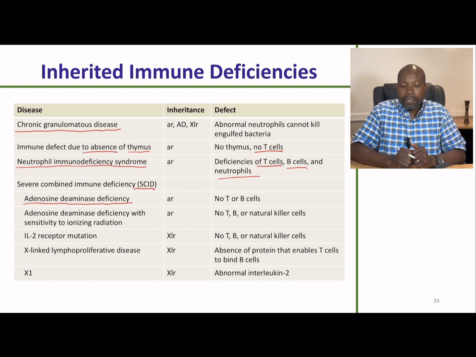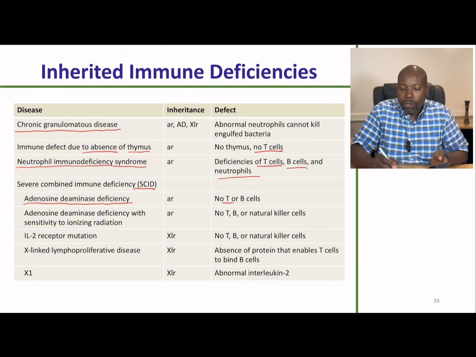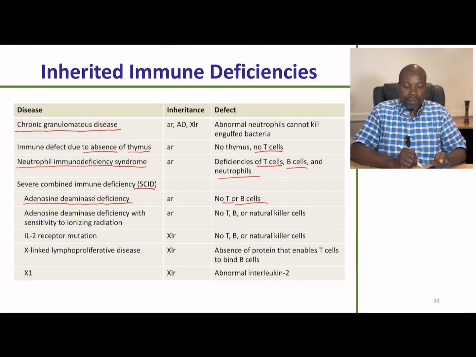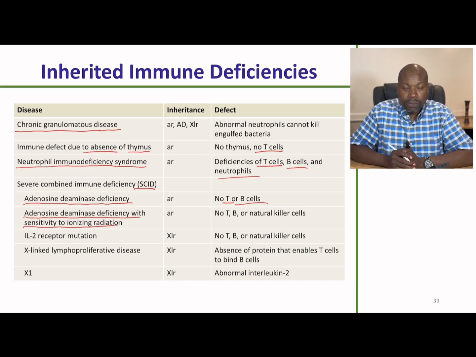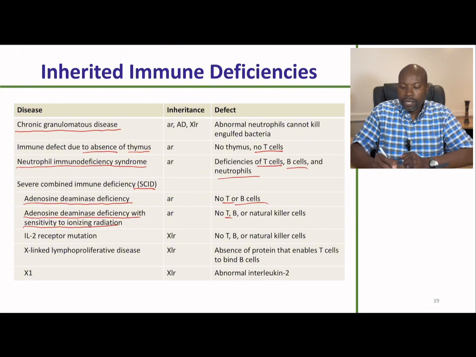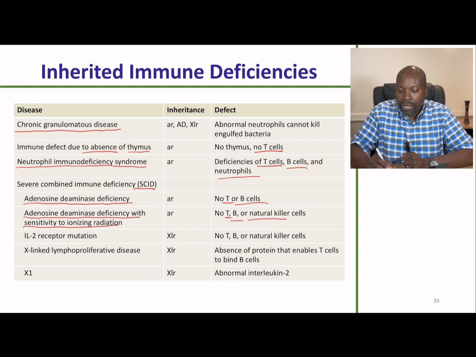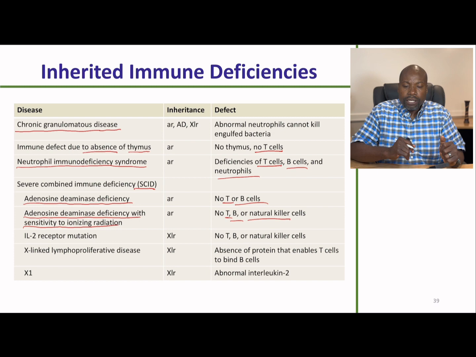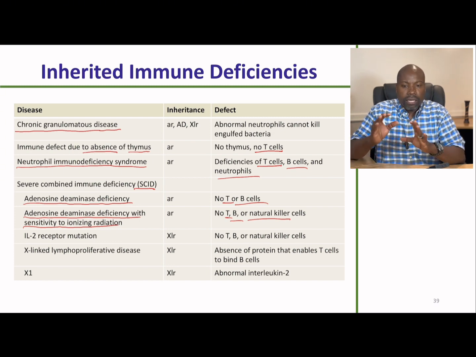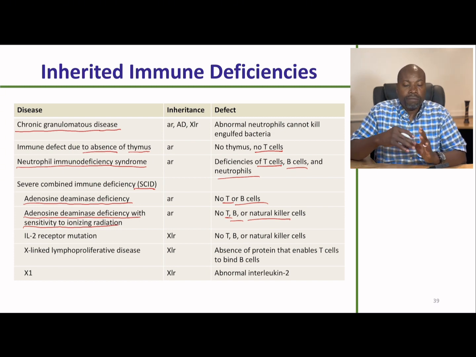As a consequence of that, you have no T cells, no B cells. We have adenosine deaminase deficiency with sensitivity to ionizing radiations. In this condition, there is no T, no B, or natural killers that are going to be functional, right? So let me only mention this group of inherited immunodeficiency